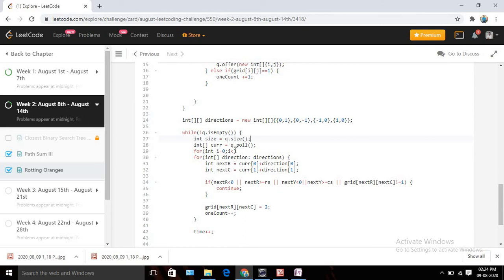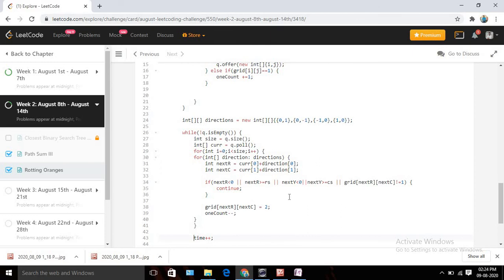So i should be less than size, and then i plus plus. Okay, and we are going to put this in a for loop, right? So basically using this we are just differentiating the queue level, right? So we are considering one level at a time, right? So for one level we are running this for loop, and we are incrementing the counter, right?